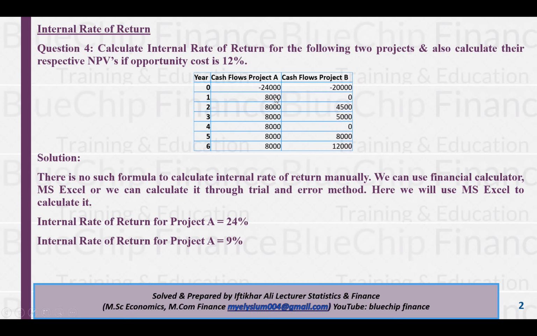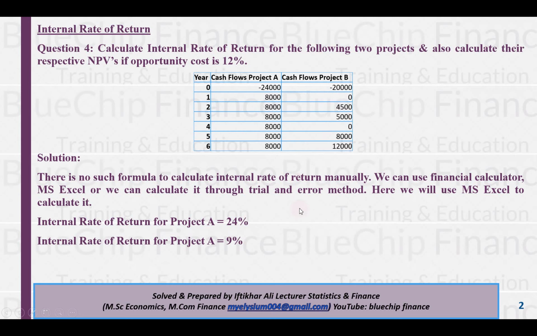So these two examples are different. This example is in the form of similar cash inflows, and this example is in the form of non-similar cash inflows. So in this case we will use the PVIFA factor in the calculation of NPV, and in this example we will use the present value interest factor, or PVIF factor, in the calculation of NPV. But first of all we are going to calculate